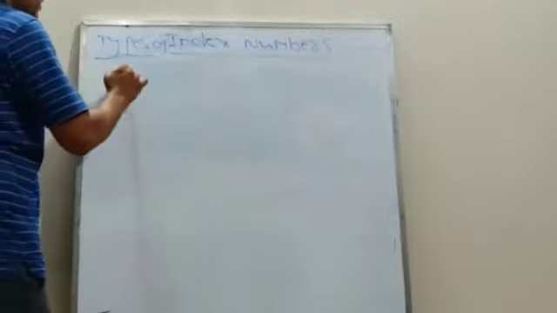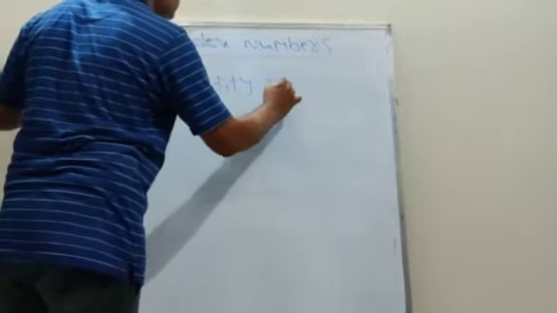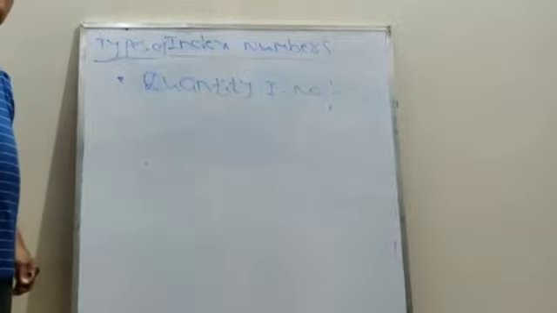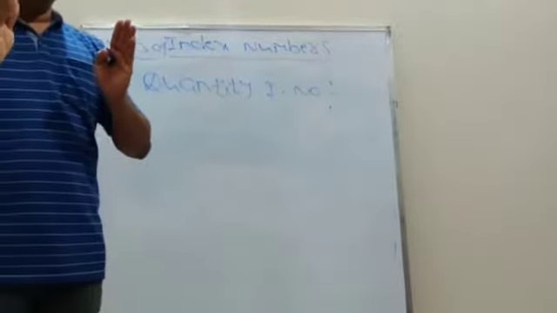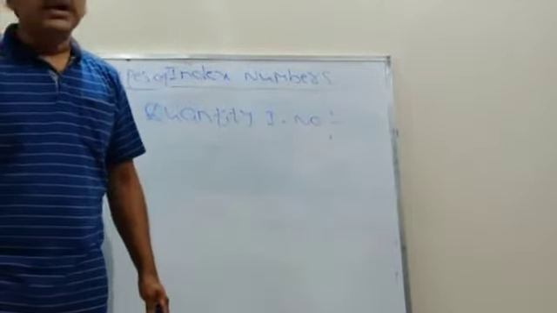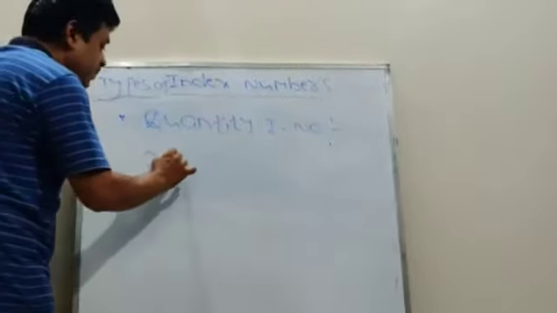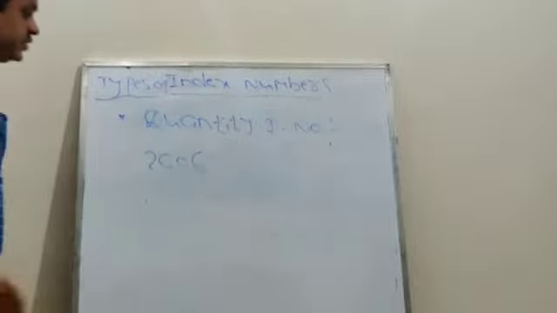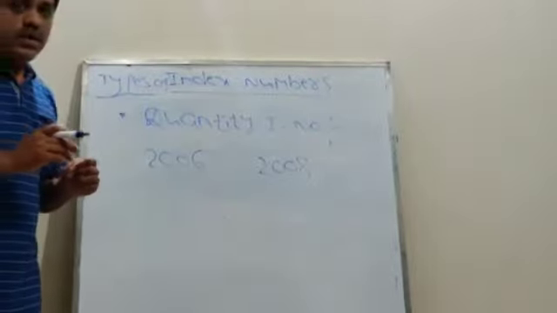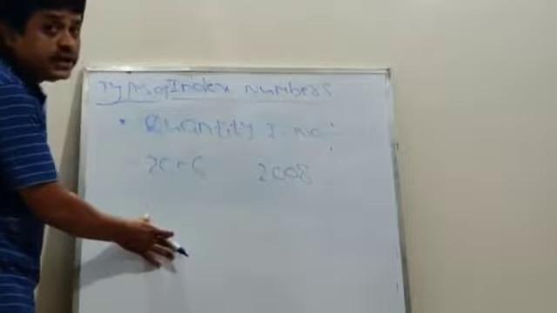Quantity index number. Second one is quantity index number. Here, quantity index number means how much quantity of goods are imported or exported or consumed during a period of time. This is called quantity index number. It means that in the year, we have to take the same example. In the year 2006, as compared with respect to 2008, there is one company. How much quantity of goods should be imported or exported during the year 2006?